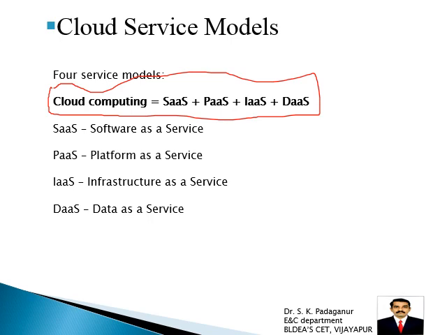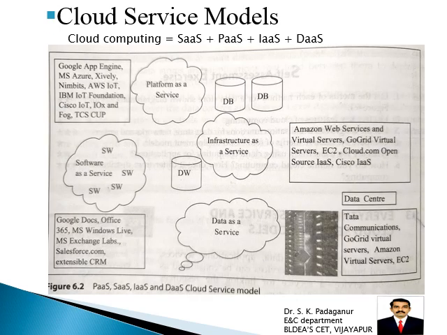See, cloud can be used as software, then platform. Cloud computing provides so many services to the requesting user. From the cloud you can buy software, you can use it as a platform, you can use cloud as an infrastructure, and you can use it for data collection and storage. Now the related diagram, the cloud service models. As we know, cloud computing is a combination of SaaS, PaaS, IaaS and DaaS.